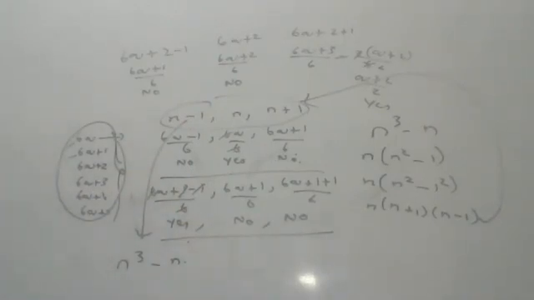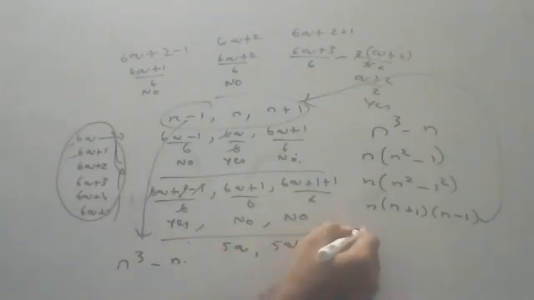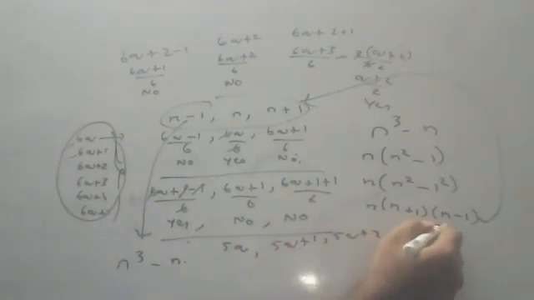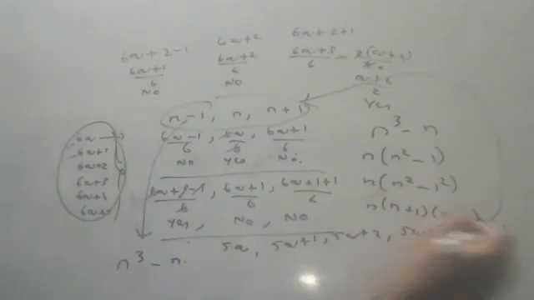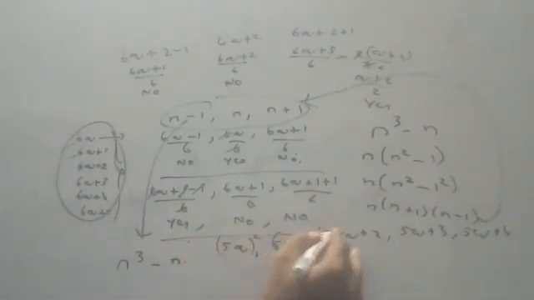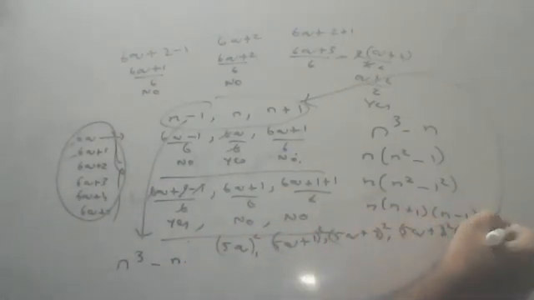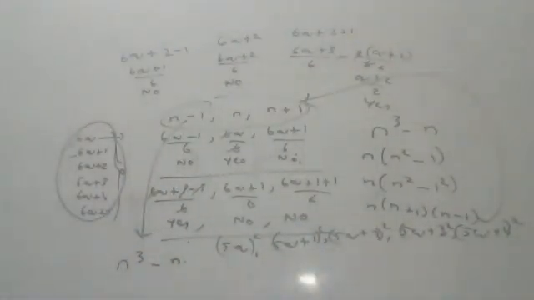All these questions won't be there in the textbook, children. By practice, you will get this one. Okay, 10th question: show that the square of any positive integer is of the form 5q plus 1. Means we have to take 5q, 5q plus 1, 5q plus 2, 5q plus 3, 5q plus 4, and perform squaring. When you perform squaring, you have to show that you will get 5q plus 1.